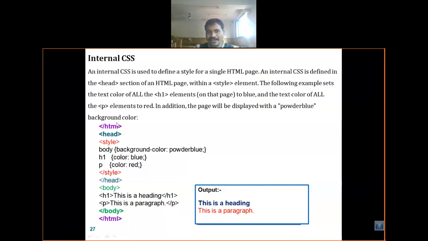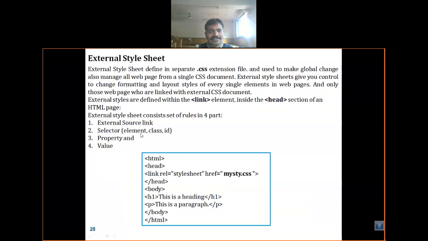So internal CSS is nothing but setting the properties of tags and displaying your results. Then we have to discuss another type, that is external CSS, or external style sheets.